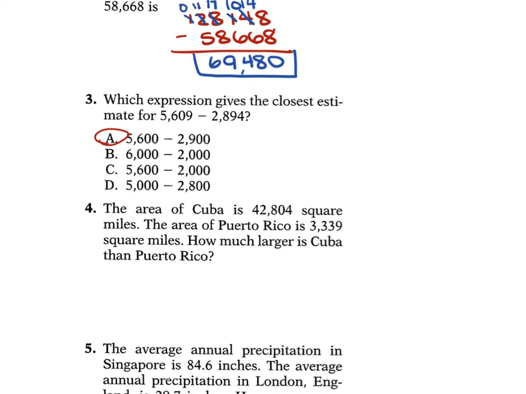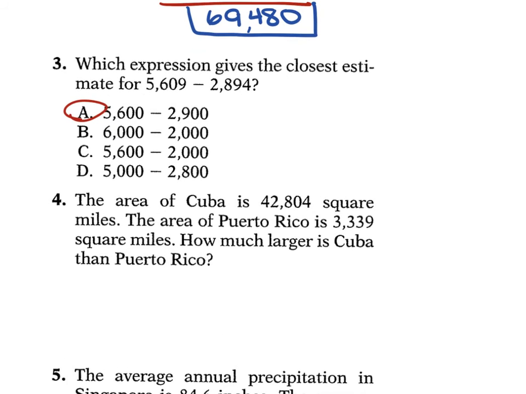For 4, it says the area of Cuba is 42,804 square miles. The area of Puerto Rico is 3,339 square miles. How much larger is Cuba than Puerto Rico? So we are just subtracting these two. So 42,804 minus